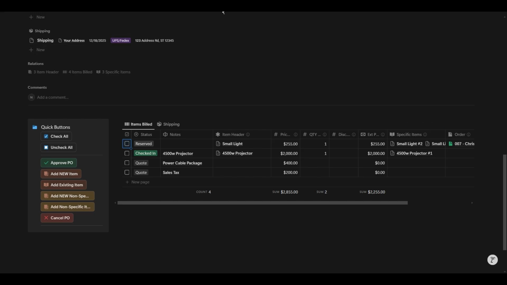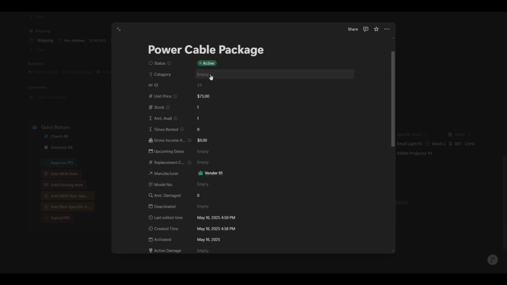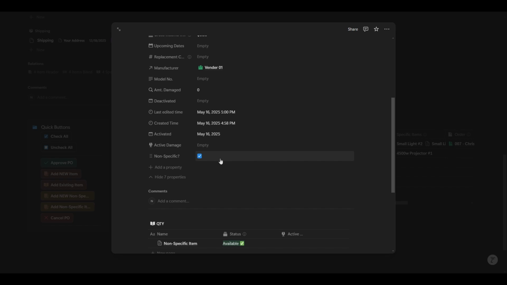Now we're going to add a new non-specific item. We're going to select the cable package and press the new non-specific item button, and a new line in the item header database will be created. Let's make sure we have the correct category. We'll make this new one called cable, and you'll notice there's a new checkmark property called non-specific in the item